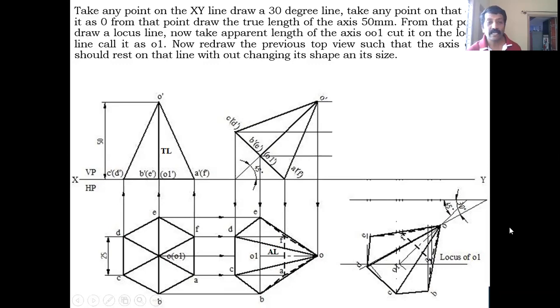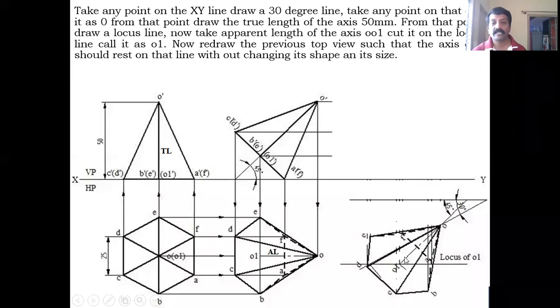Similarly, O1 to this dotted line distance you take from here. You take the distance, cut it here, and passing through this point, you draw a 90 degree or perpendicular line. And on that perpendicular line, you take this point to F and this point to A, cut it on either side, and call it A and F.